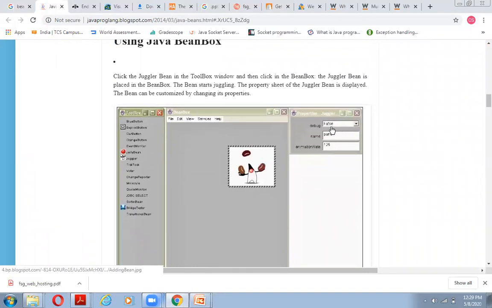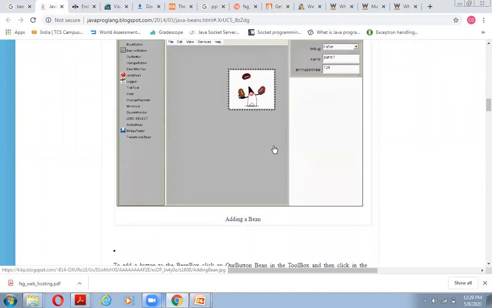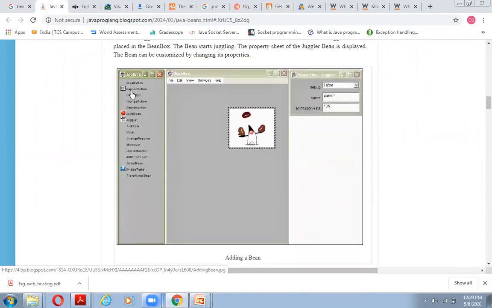Now we just take a space and slice a juggler picture. This particular Java framework is a perfect one. Here we got the properties of the juggler, and here we can debug. This is the development platform in which we can work with drag and drop. See, here is the juggler image.